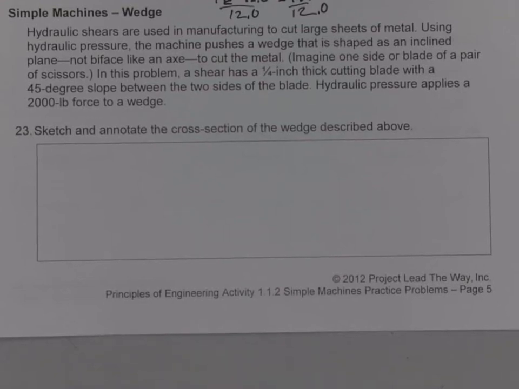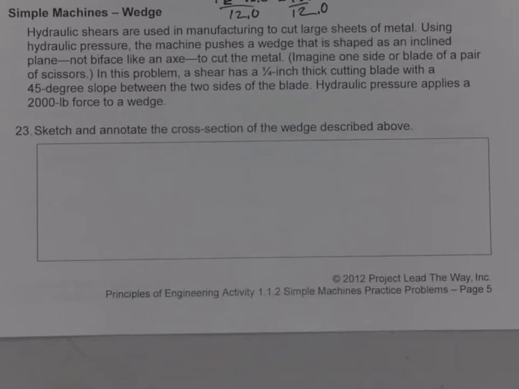We're going to be taking a look at numbers 23 to 25 on activity 112, simple machines practice problems. In this one, we're all going to be dealing with problems that deal with the wedge. So here they have hydraulic shears that are used in manufacturing to cut large sheets of metal. Using hydraulic pressure, the machine pushes a wedge that is shaped like an inclined plane, not biface like an axe,